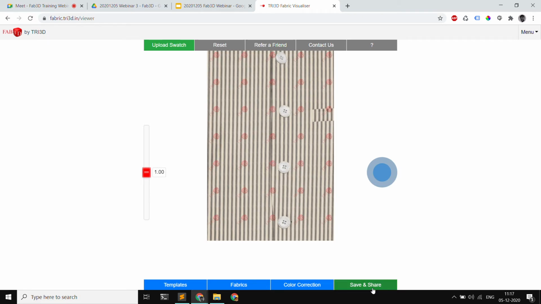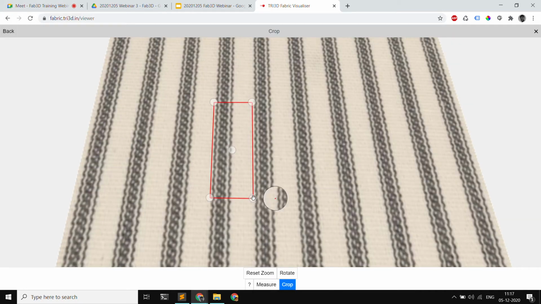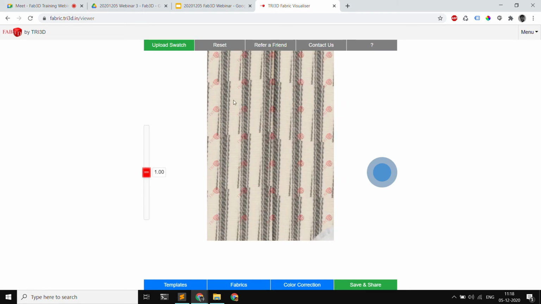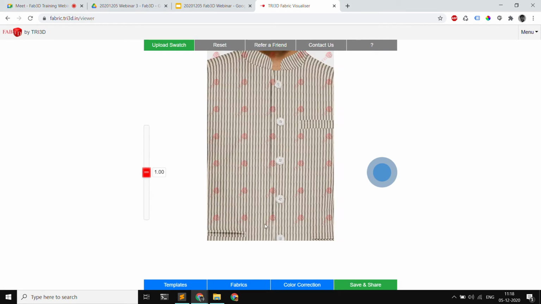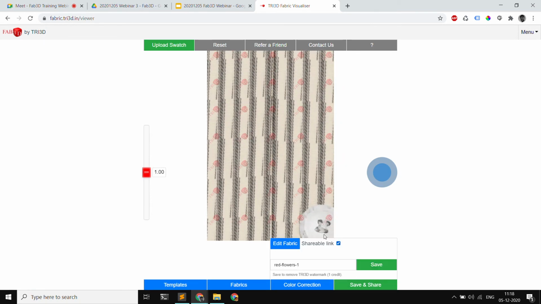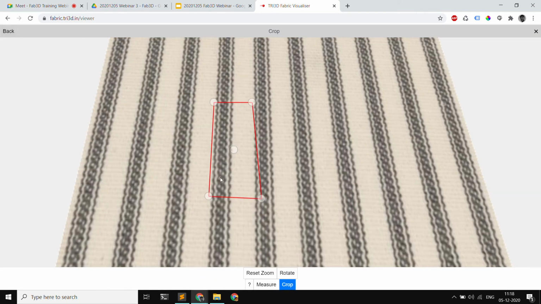Now let's say I didn't crop it properly, right? I go back, and let's say I put this somewhere like this, a little bit cross, not parallel to our stripe. If the lines were not parallel to the stripes, once we finish, we can see that there is this exact thing coming, so it won't appear correctly. So we can go back. It's always a good practice to align the lines parallel to the stripes or the reference lines on the fabric.